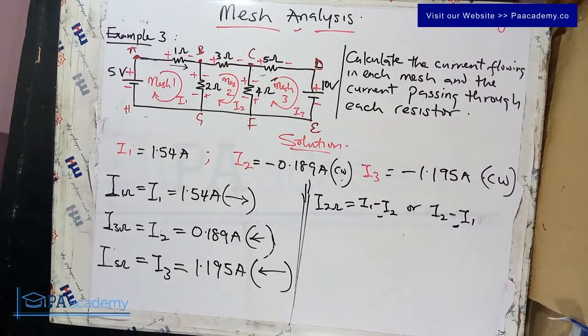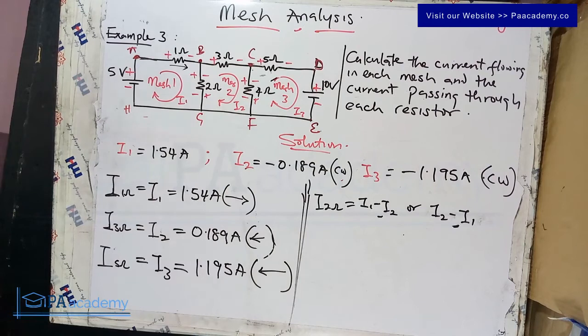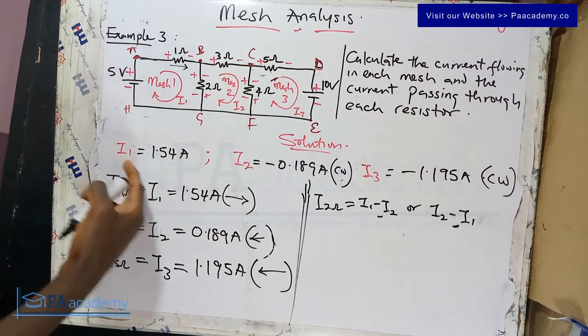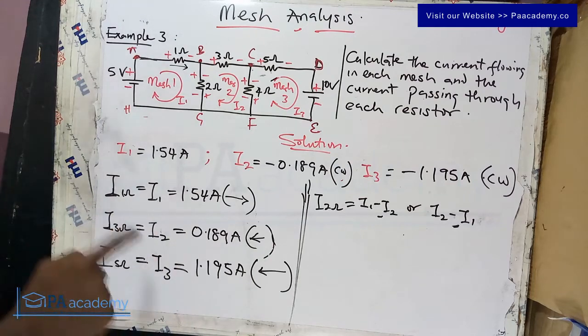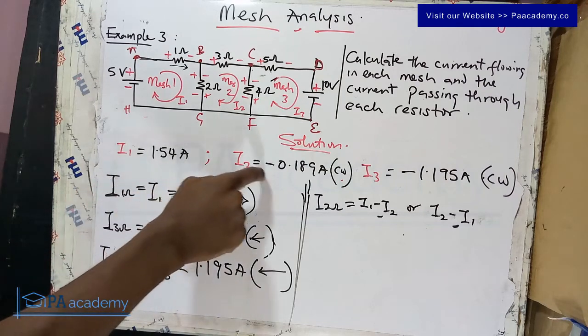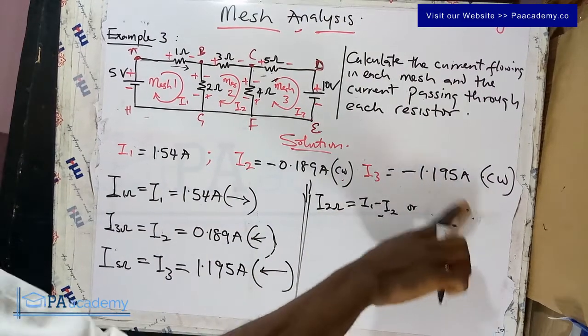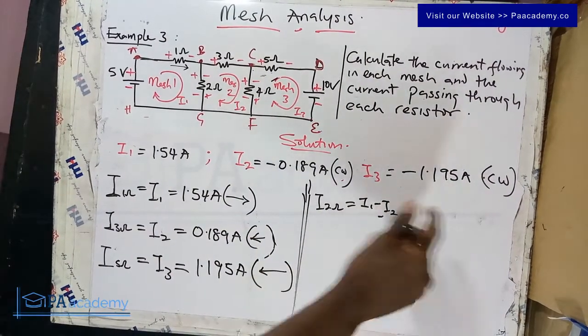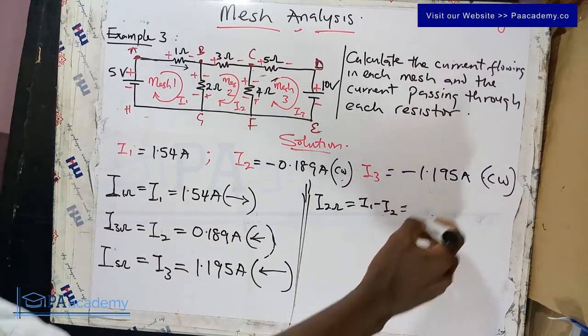So now let's look at our answer again. Between I1 and I2, which one do you think has a higher value? Alright, so if you look at it closely, the one with higher value is definitely I1. 1.54 is higher than minus 0.189. So that means we are going to be applying this. So if you apply this, I1 minus I2, so we are going to be having